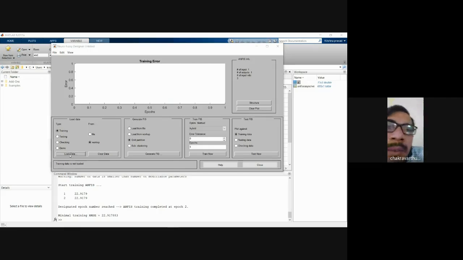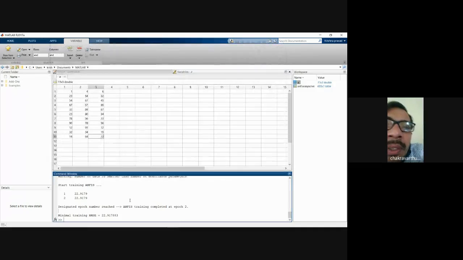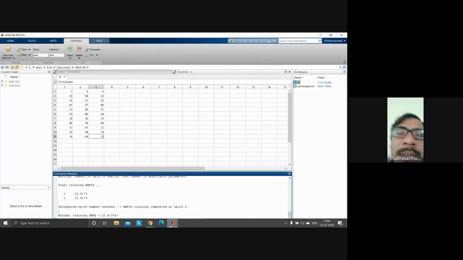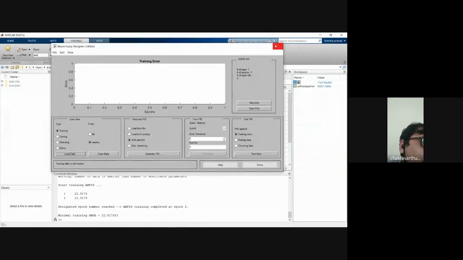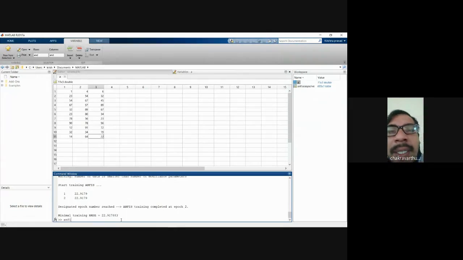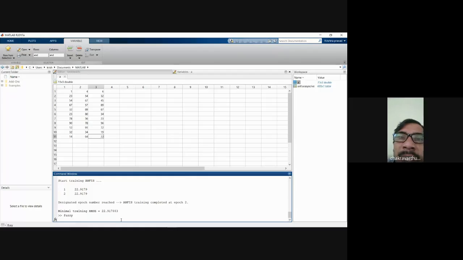Open here the edit file and check the options we have. If you have any ANFIS file, just upload it there. In the new option, just check. We can upload the same file that we explained yesterday, import it here, and then it is going to take. Not ANFIS, I think fuzzy. Just generate a fuzzy system, giving the input as we gave yesterday. If you already have the supporting file, just upload that file.